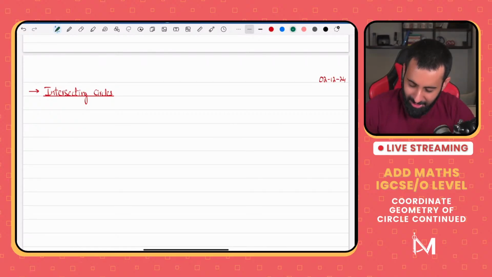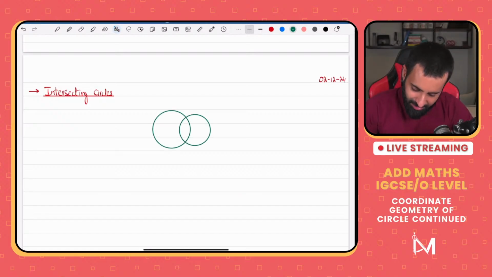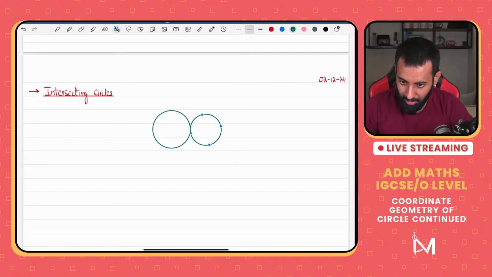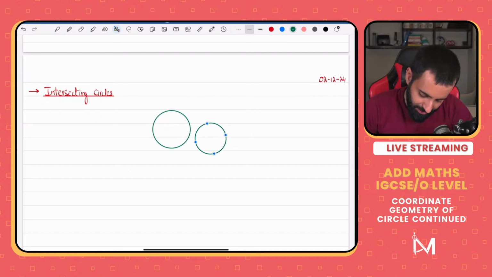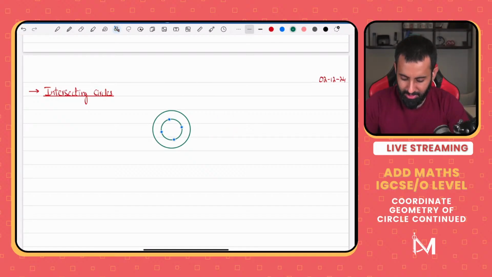Now, just so you guys know, two circles can either intersect. Here we can see two circles intersecting. It's possible that two circles just touch. It's possible that two circles do not intersect, which means we could be in a situation like this, or something like this. So non-intersecting, there are two ways circles cannot intersect, there are two ways circles can touch, and there's only one way circles can intersect.